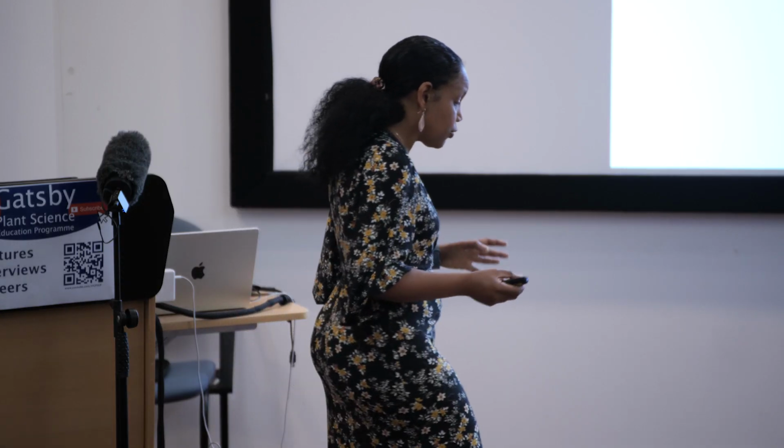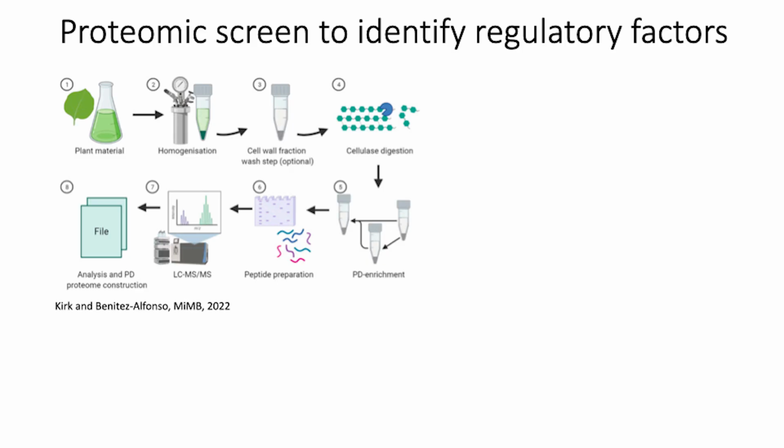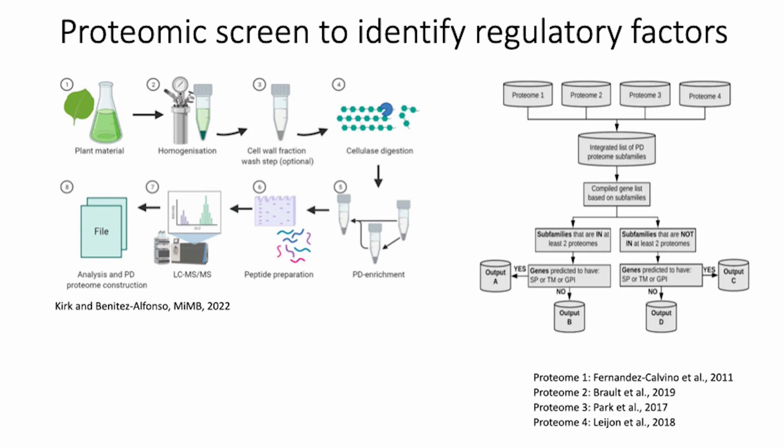So another way that we have to actually look at what is around Plasmodesmata and what cell wall components are around Plasmodesmata is by looking at the proteome. So by isolating which proteins are actually associated with the membranes of these channels. And for that, we and others have carried out proteomic screenings, isolation of the membranes, and this is a little bit of the protocol that is used. Isolation of the membrane that is associated with the cell wall, and using mass spec identification of the peptides